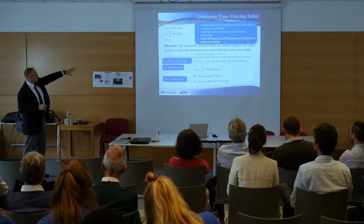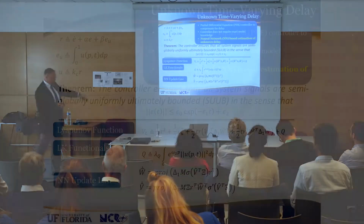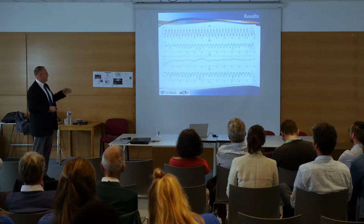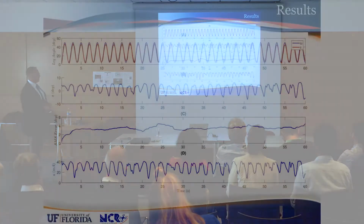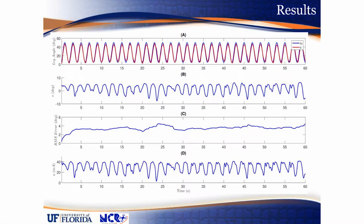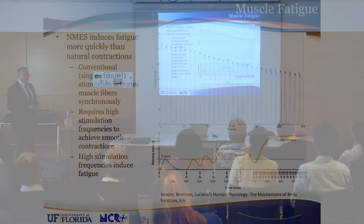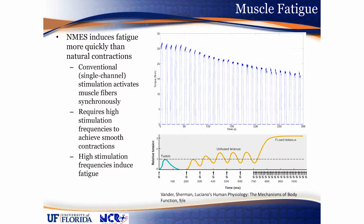And so this was another controller where we had some adaptation terms within the neural network that are incorporated in the controller, that allowed it to compensate for that time varying delay. And then in implementing that controller, we got even better results because it was compensating for the time variation in the delay. So delay is related to muscle fatigue, and